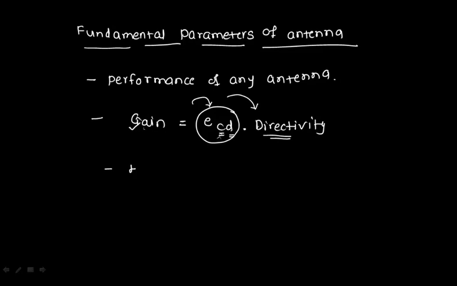Now when I talk about the half power beam width, if I want to find it out, it is 1 upon directivity. So if I know the directivity, I can calculate the half power beam width. So this is something which we have already seen. Sorry, we have not seen it, but we needed to understand it. I am going to discuss each parameter separately, but this is something you must understand before talking about the parameters of an antenna. You understand the performance of any antenna by understanding its parameters.